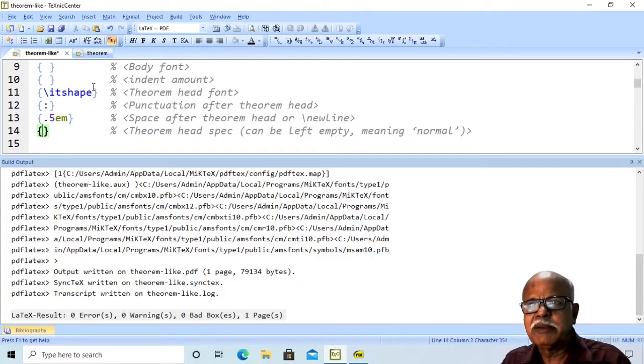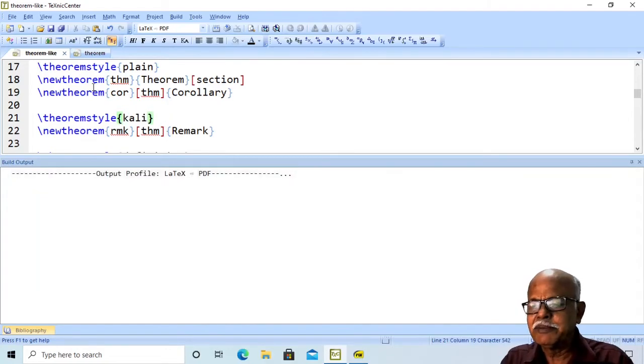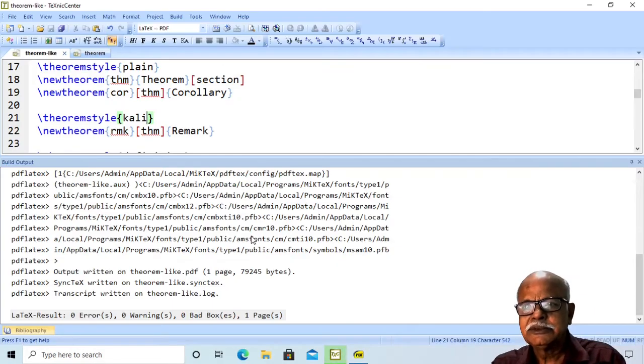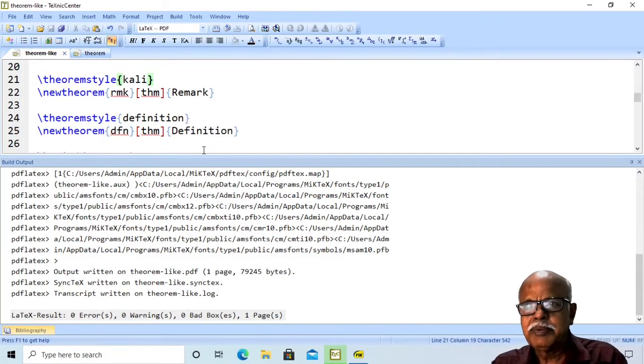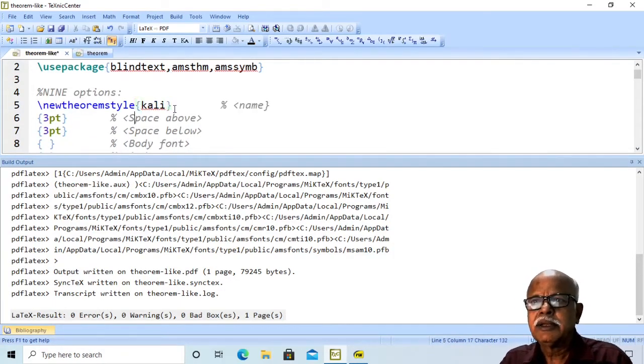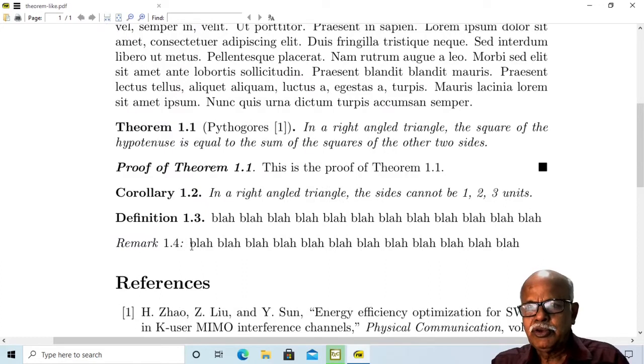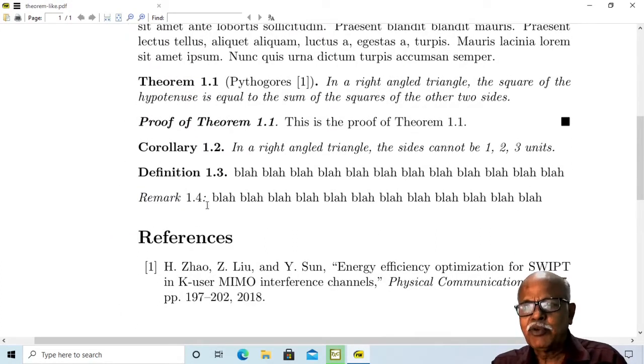Theorem head spec can be left empty, meaning normal. Then you can say this one, instead of remark, you say Kali. Then new theorem style is Kali, etc. Then you find here after 1.4 you have a colon.